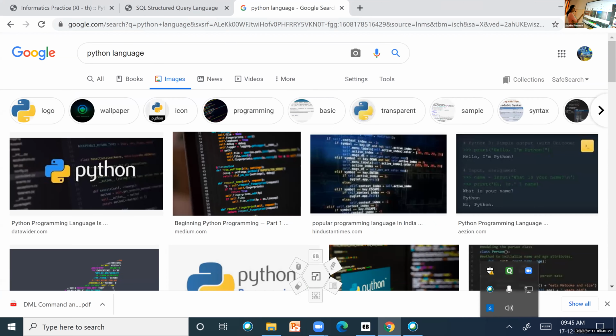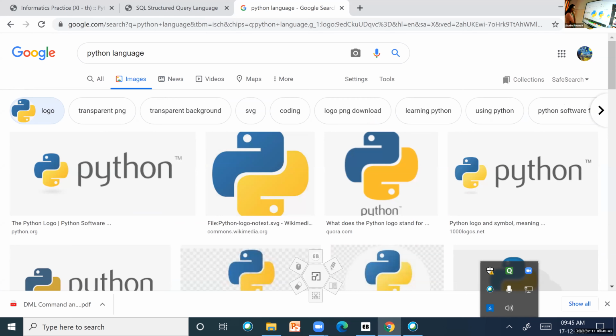Logo, this is the logo. You can see the black background. This is not black. You can see a Python. This is a Python, two Pythons. Blue and yellow. That is a Python logo. See the logo. This is the logo. You can see eyes there. Blue Python and yellow Python. That is a Python logo.